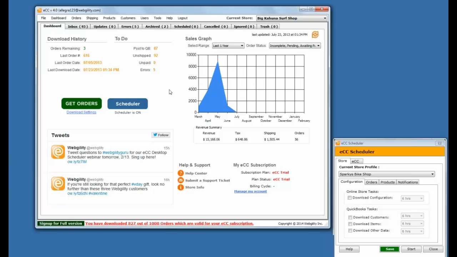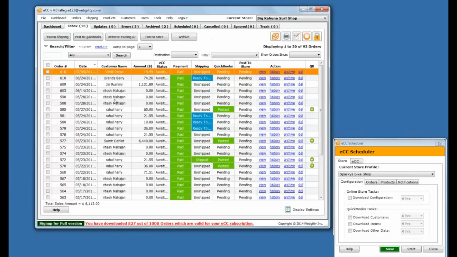So as I mentioned, first and foremost, the scheduler can automatically download these orders, and all those orders are displayed here within the inbox. A second thing that the scheduler can do is automatically post orders to QuickBooks and automatically